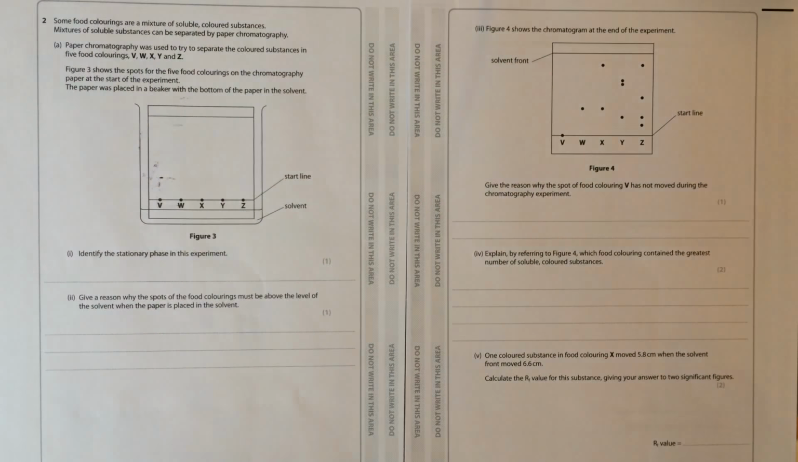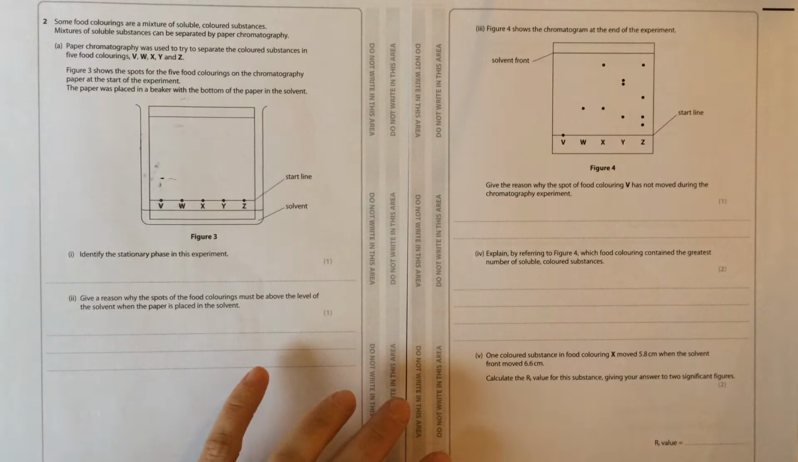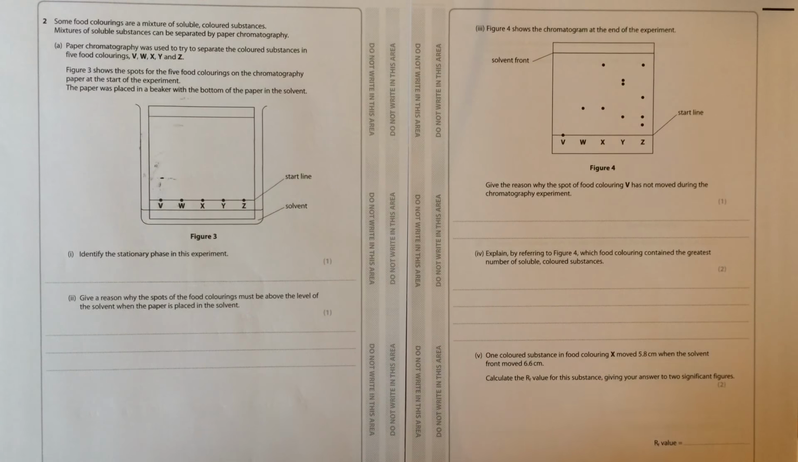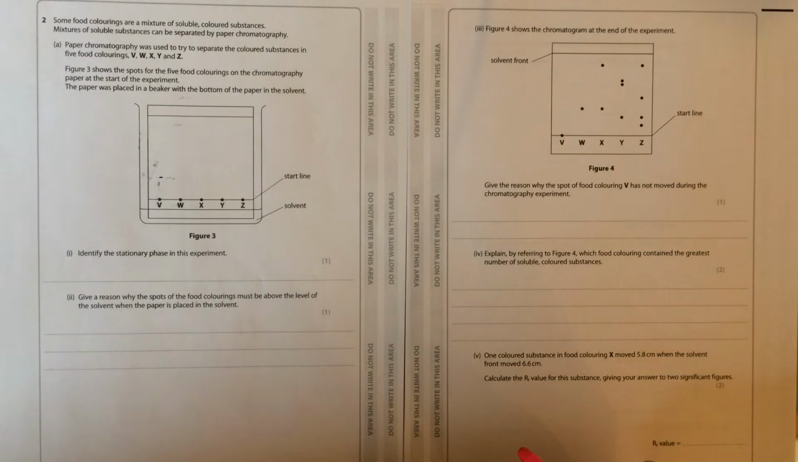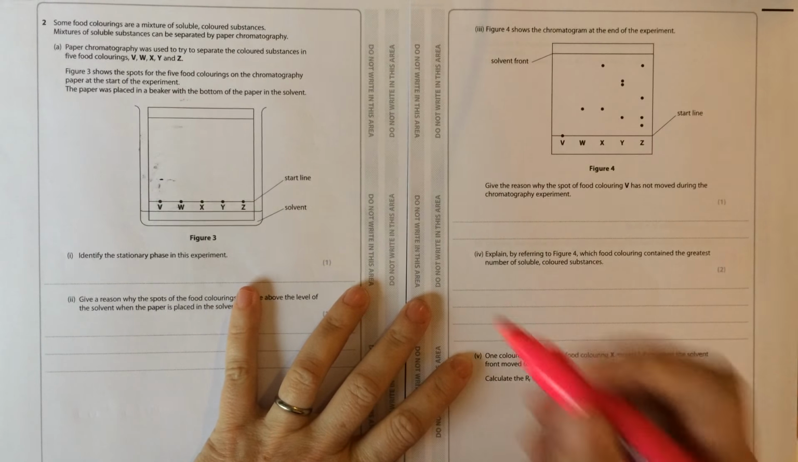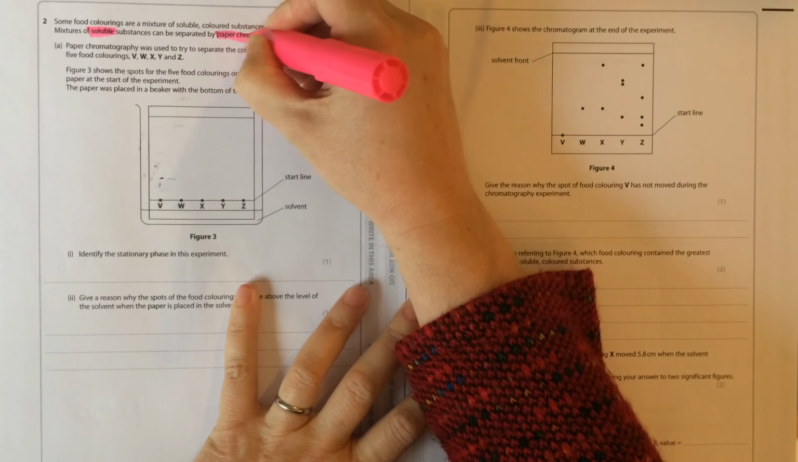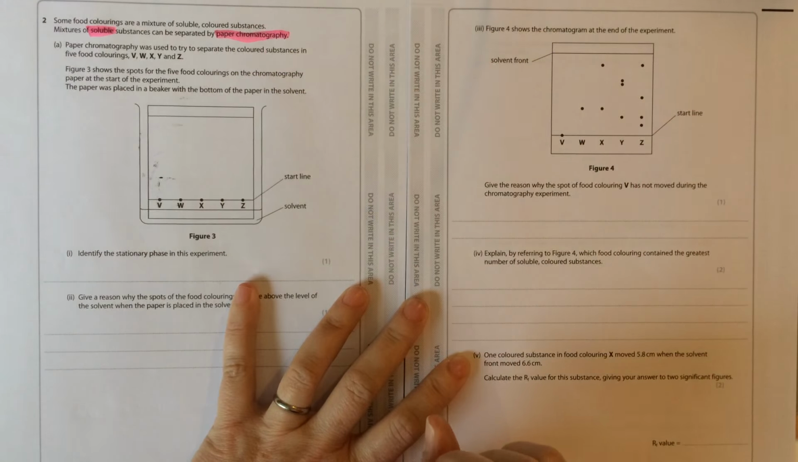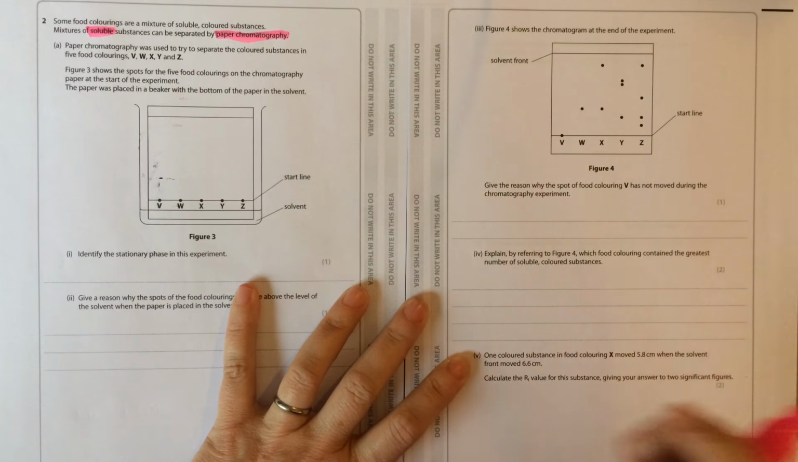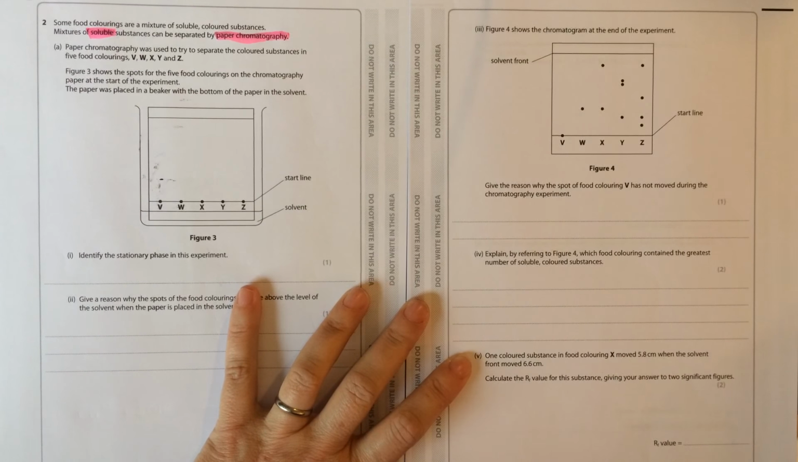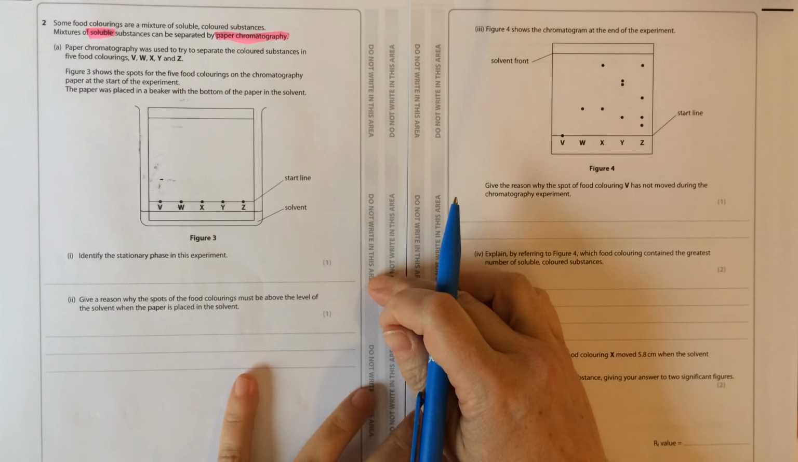Okay, question 2. So some food colourings are a mixture of soluble coloured substances. Mixtures of soluble substances can be separated by paper chromatography. So I'm going to highlight soluble just to remind myself of that during the question. So paper chromatography was used to try to separate the coloured substances in 5 food colourings, B, W, X, Y